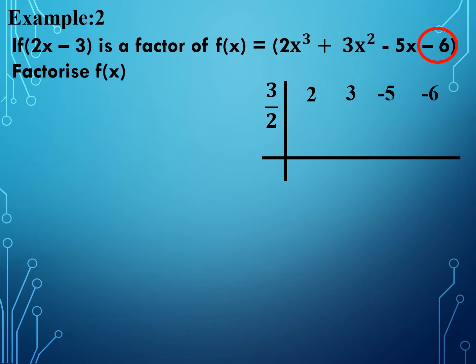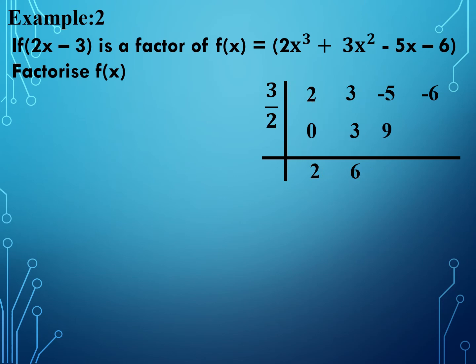As seen in the previous example, always place 0 under the first digit, whatever we get. So we are placing 0 under 2. Now add vertically. 2 plus 0 gives us 2. Now multiply 3 by 2 with 2. 2 and 2 get cancelled. Hence we will get 3. Again add vertically. We will get 6. Multiply 6 with 3 by 2. We will get